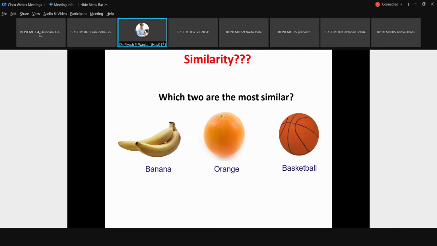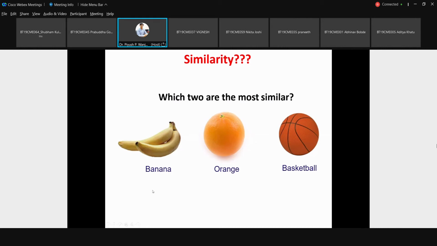So here, if you have the criteria of some kind of spherical geometry, then orange and basketball will be similar. Then there is no question of banana. If the question is related to fruit, then banana and orange will come. In the same way, whatever criteria you are choosing, accordingly the two components will be considered to